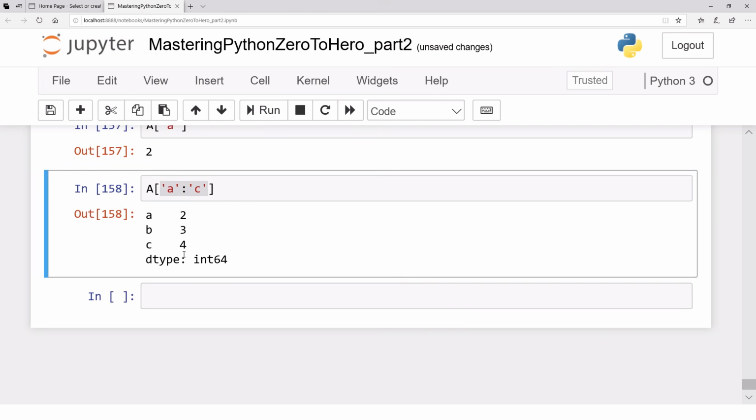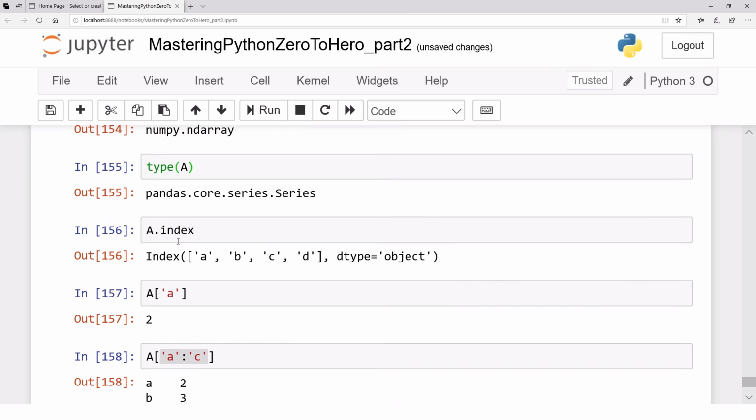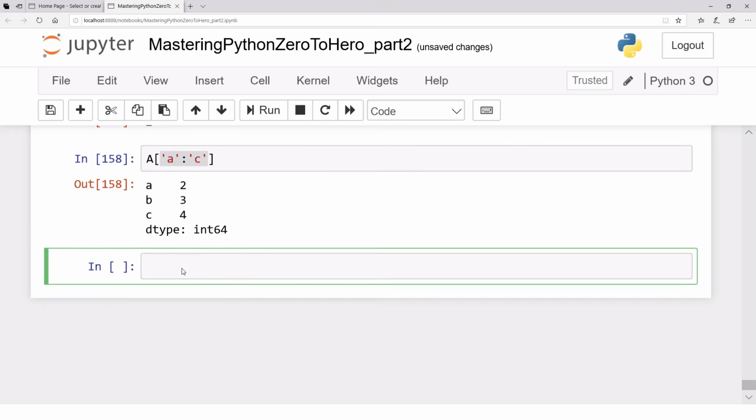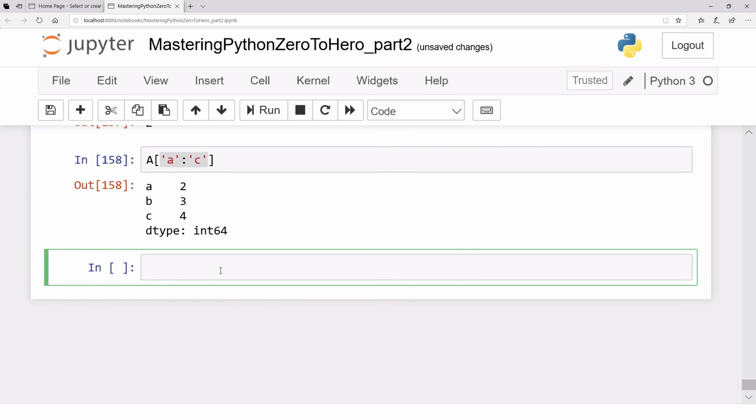So that is one more fancy way of indexing in pandas. Okay, great. That's a Series object. By the way, we can create a Series object by first creating a dictionary. For example,